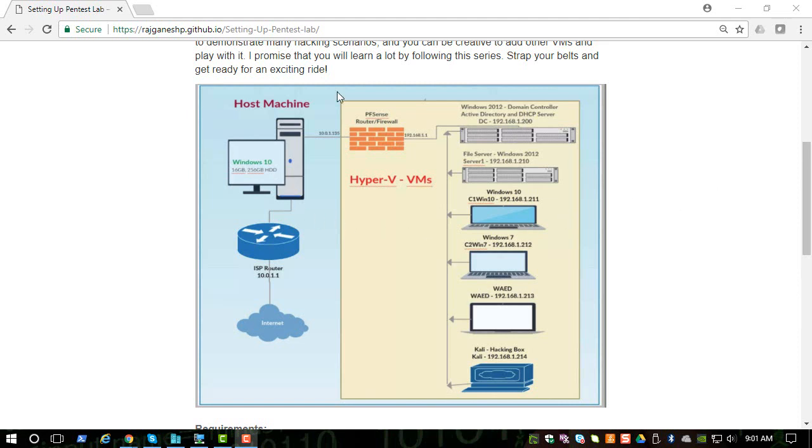Going back to our network diagram here. So we have the local area network, which consists of the Windows 7, the Windows 10, the Windows 2012 server, and also the domain controller. Everything is connected to the one side of the pfSense box. The other end is connected to the host box, which in turn is connected to your ISP router. So that is how all the systems in our lab network are able to reach out to the internet using